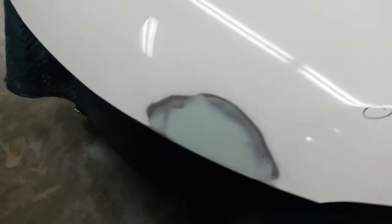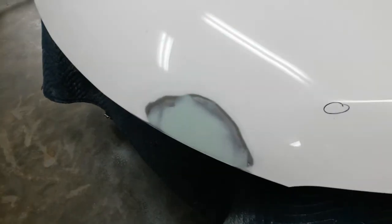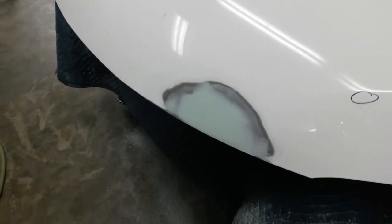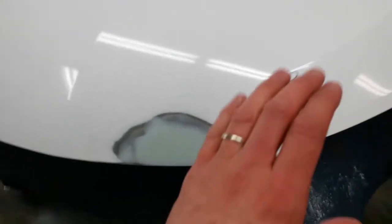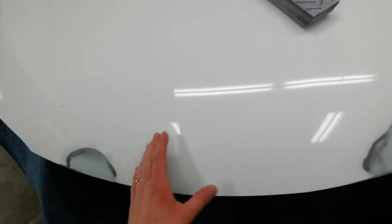So once I get this sanded out, I'll spray the epoxy on it, let it sit tonight, and I won't be back out until tomorrow night, which will be probably another 24 hours or so. And I'll have to scuff the epoxy back with a red pad at least, maybe some 400 grit. And then I'll spray this area, probably the whole front edge of the hood, just because I'll have a dry edge here and a dry edge here, and I don't really want to have to